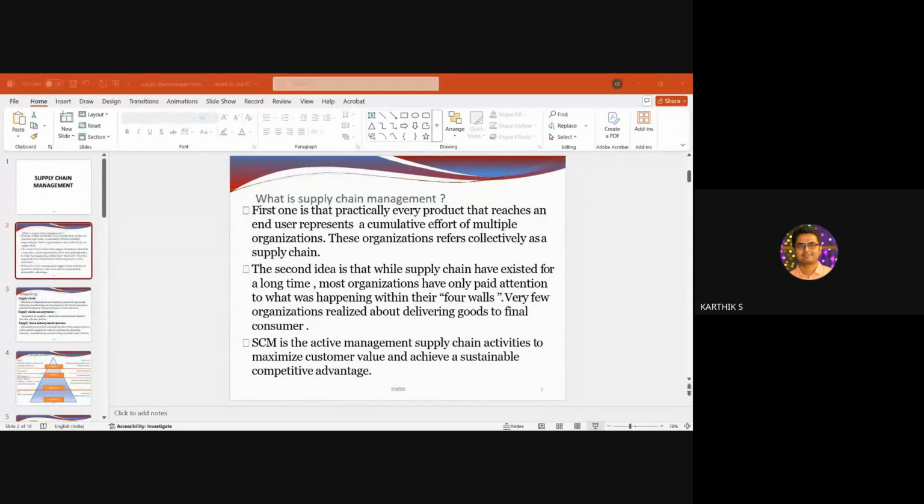These are the departments which have to collectively work together to ensure that a single product reaches the packaging section. From the packaging, it has to get to the retailer or seller, and from the seller it has to pass on to the consumer, and from the consumer again the product may face failure. Automobile brakes have some lifetime. If you are buying two-wheeler brakes, they don't have any warranty, but if you are buying a gearbox, it has some warranties and guarantees. So based upon the product after sales, we should have a